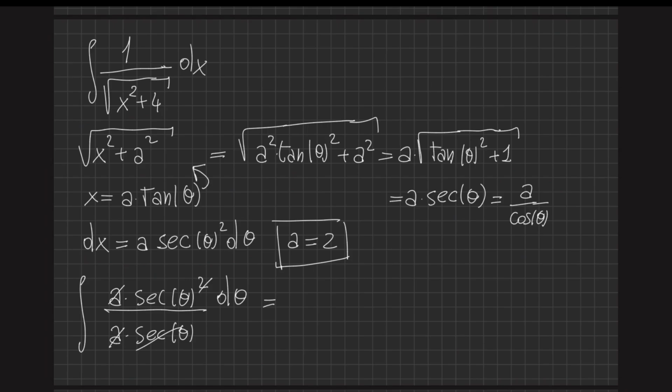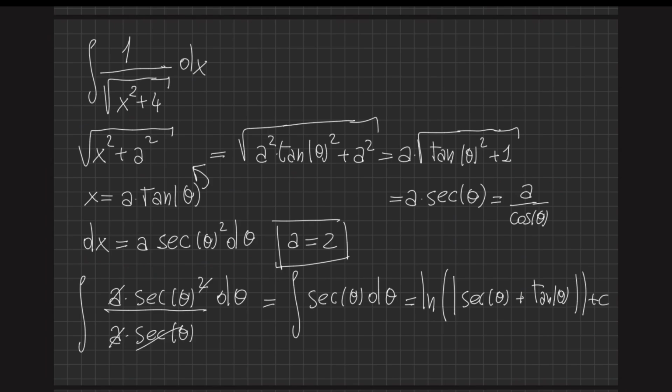So we are left with the integral of the secant of theta d theta. And now, how do you compute the integral of the secant of theta? Well, this is one of the basic integrals, you have to remember it. This is just the logarithm of the absolute value of the secant of theta plus the tangent of theta